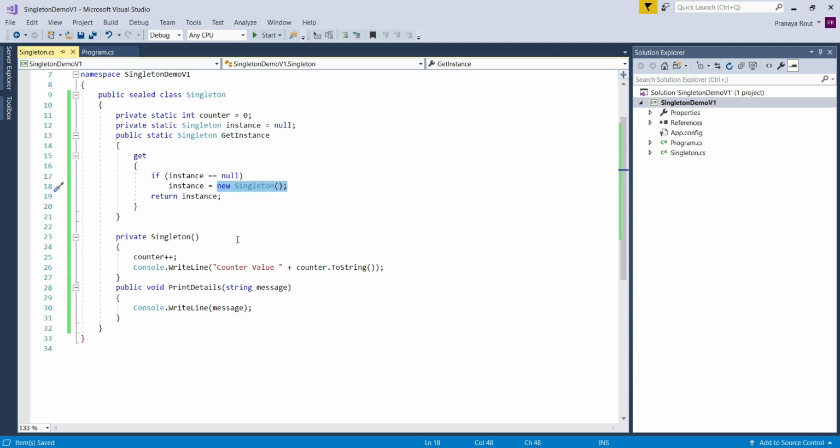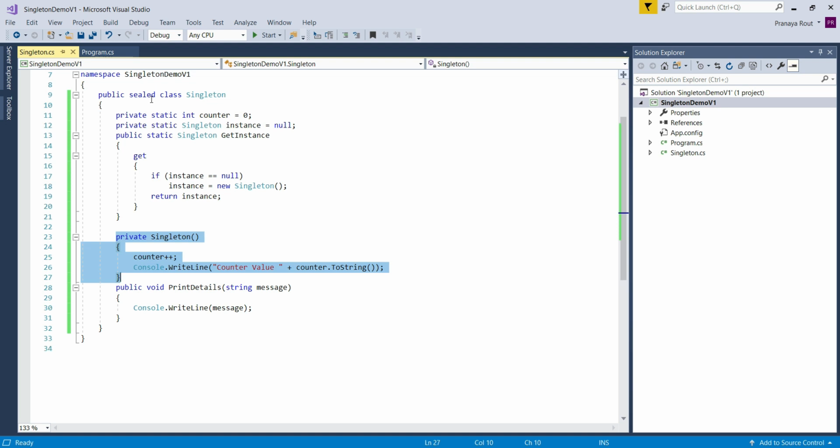The public property GetInstance is basically used to return the singleton instance. The public method, that is PrintDetails, can be invoked from outside the class through the singleton instance. So what we have done so far: we have created the singleton class as sealed, and we have created the constructor as private and parameterless.